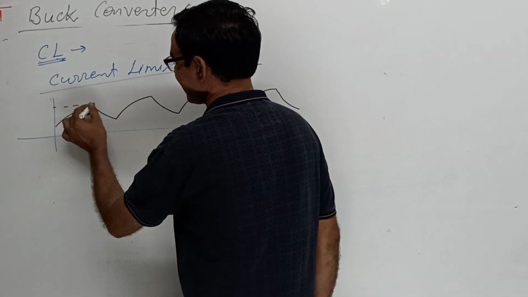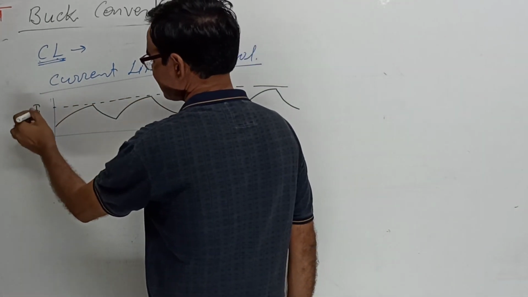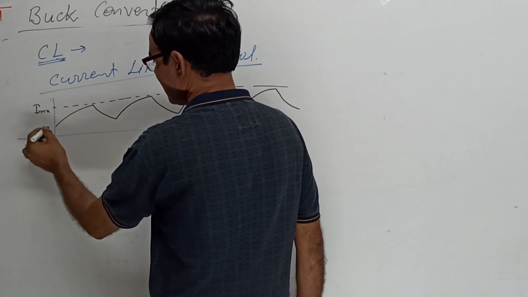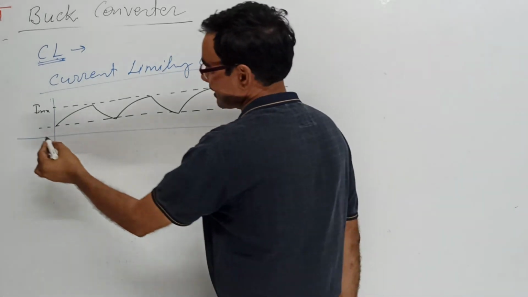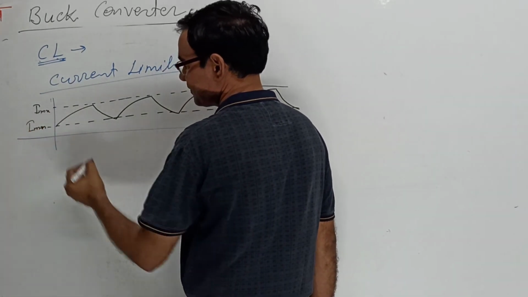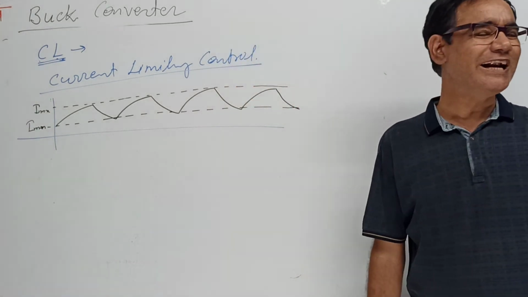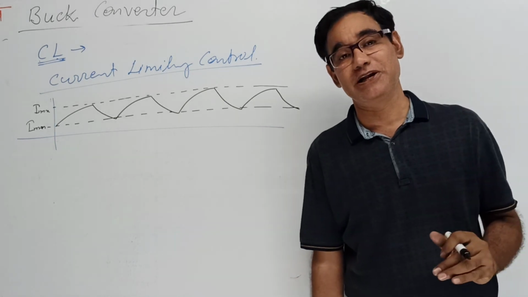We'll set the limits like this one. This is the maximum possible current, the maximum current Mx, and this is the minimum current, Mn. There is a limit on the variation in the current. So automatic switching is there, switching provided by current limiting.